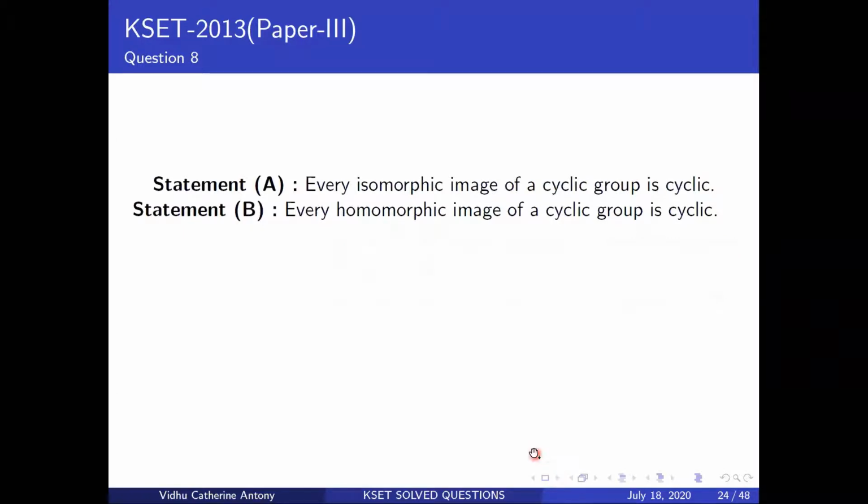So now I need to explain to you what you mean by isomorphism, what you mean by homomorphism. So I'm going to try and put this in extremely simple words. So what do you mean by homomorphism? Homomorphism is basically related to how 2 groups can be similar. Isomorphism is basically related to how 2 groups are exactly the same. So this is exactly same and this is similar.